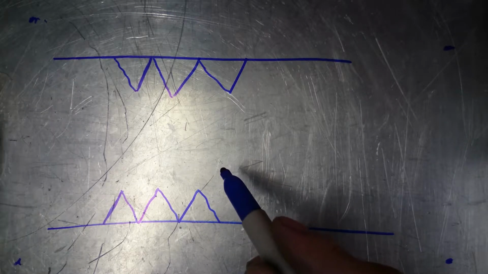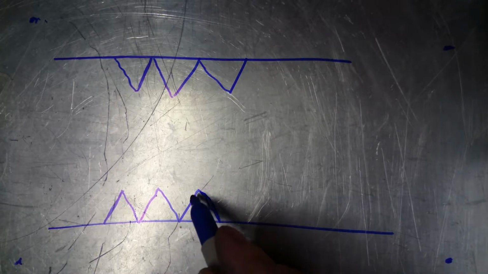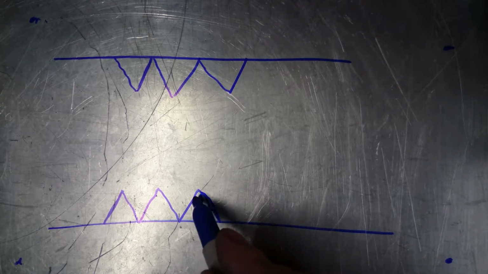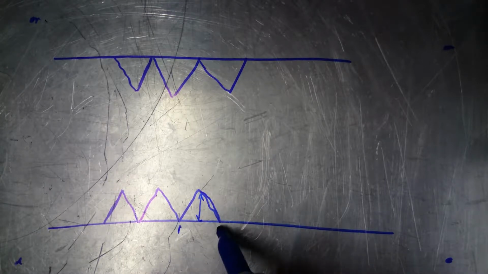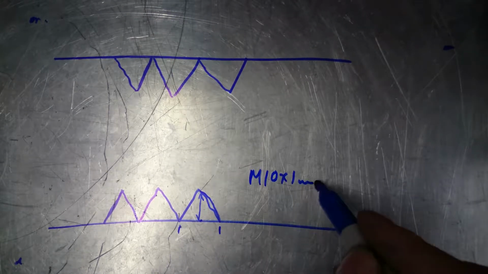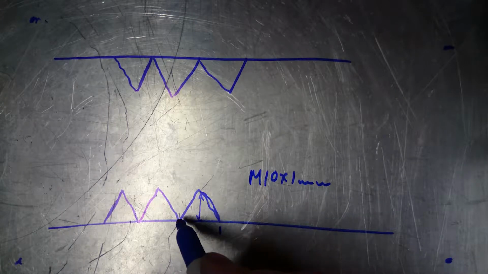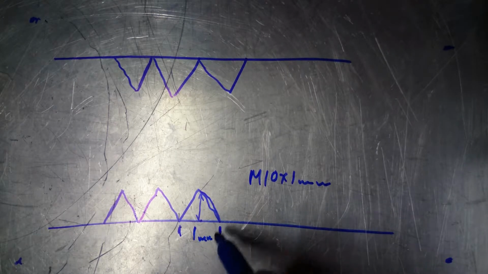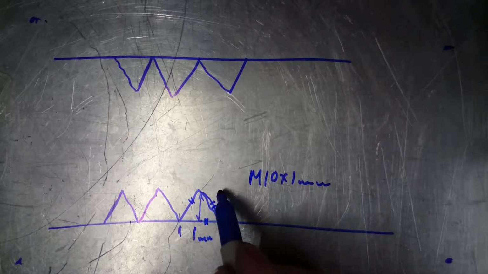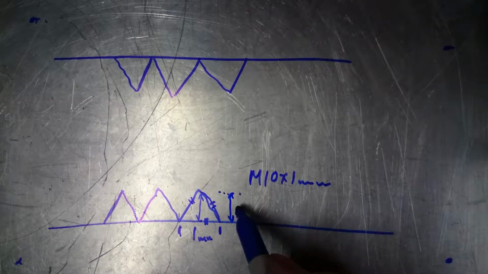So all the theory I explained earlier is true, and basically the summarization of that was that if you cut a 60-degree thread to what's called full depth, that means that you cut it so that your pitch, in my case I'm going to be doing an M10 by 1, so the pitch will be 1 millimeter. So if you cut it to full depth so that this leg of your equal sided triangle is 1 millimeter, it means that all three of those legs are 1 millimeter, and then essentially that means, by way of math, that the full depth of the thread is